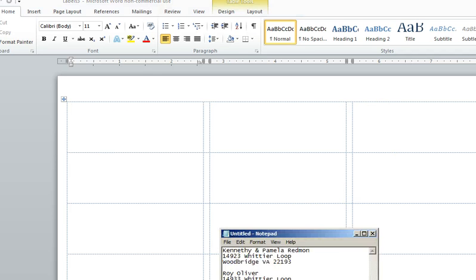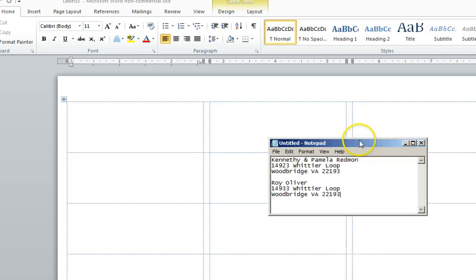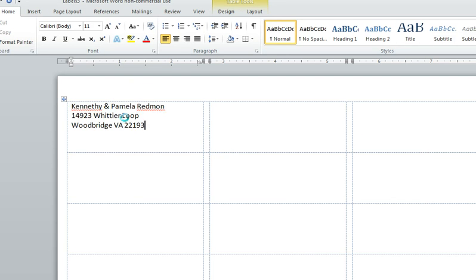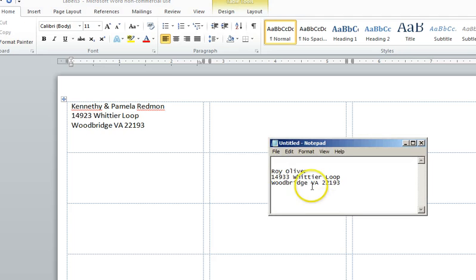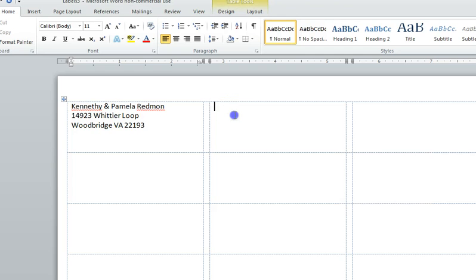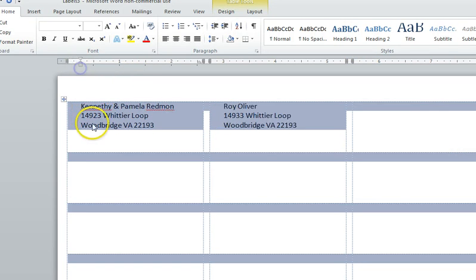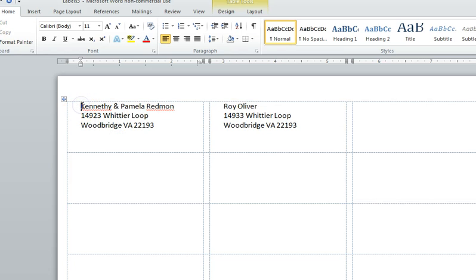You'll go back to your text file that you already had, and what you'll do is you can say Edit, and then Cut, and then you'll paste it, and then you'll go back to your text file. You'll do the next one. You'll say Edit, Cut, and then you'll paste that one. Then once you have a whole page of them, it usually is 30. You can line them up. All I'm doing is lining these up. And if you want to, you can space them down